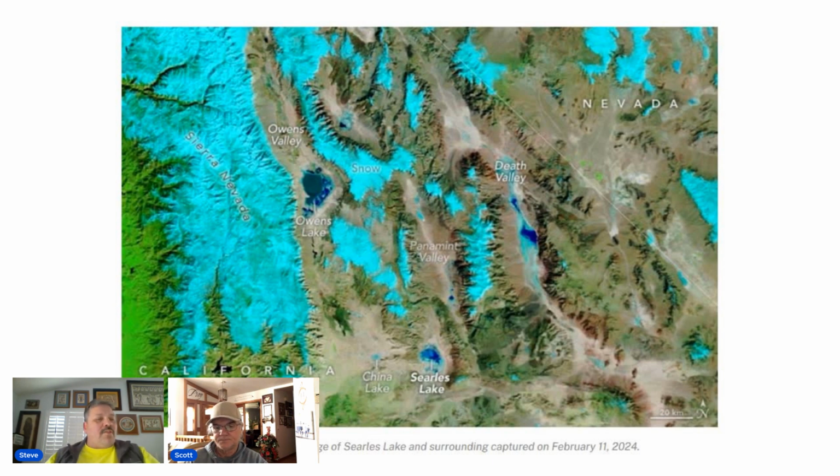Yeah, so continuing on, result from brine pumped up during mining operations. These images were taken by NASA's Terra satellite using the moderate resolution imaging spectroradiometer, MODIS. During high flow periods the Owens Lake would spill into China Lake, which again, that's just fascinating to me because of the terrain. Then Searles Lake. Searles would overflow into Panamint Lake, which again is amazing, and then into Lake Manly in Death Valley, which is